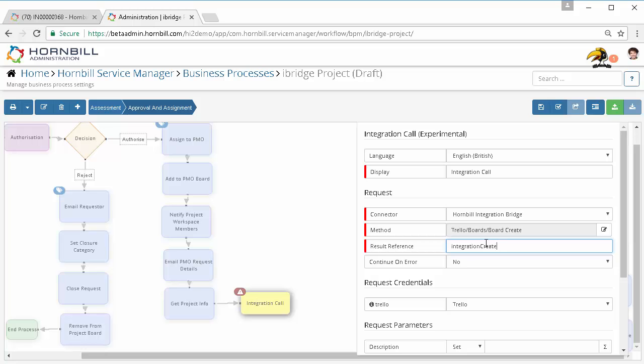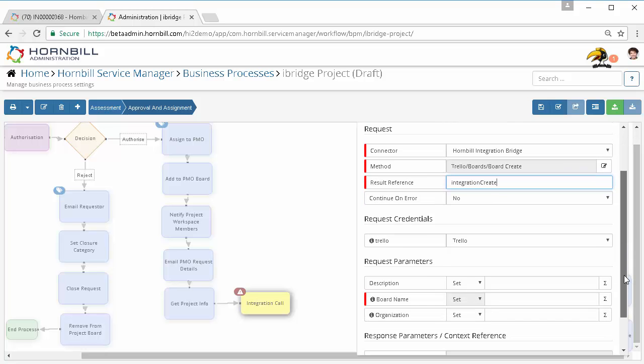We may choose to give our node a particular name, which will make it easier if we're adding a number of integrations onto the same business process. Here then we want to specify just some details for that particular board, so give that a description, and we'll call that new project. And then we're going to specify the board name. So this could be a project,